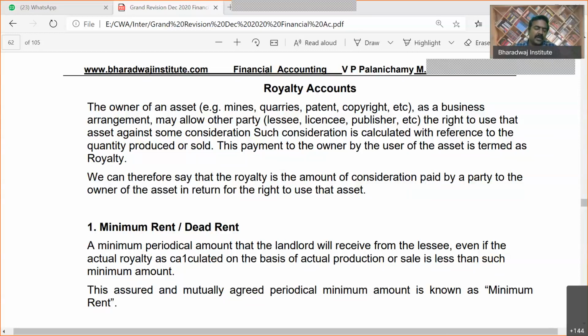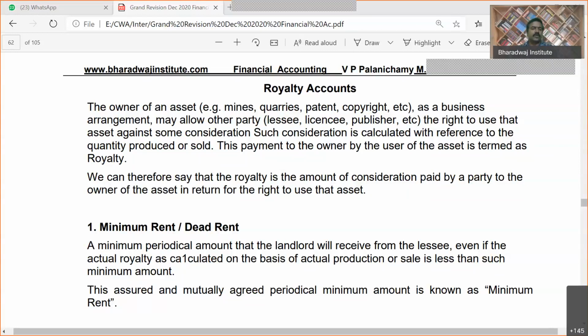If there is a scanning and uploading option available, then they can go for that, where you just write it and upload it. I do not know whether the institute will go for it. Anyhow, whatever may be, the table is most important for preparing the royalty accounts.